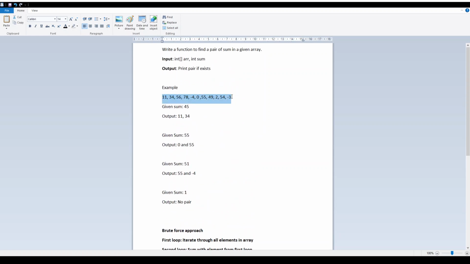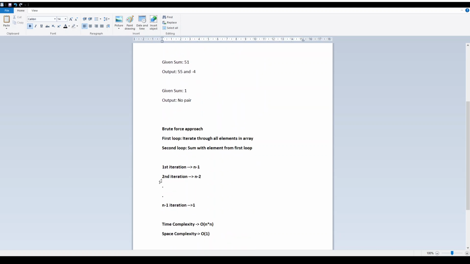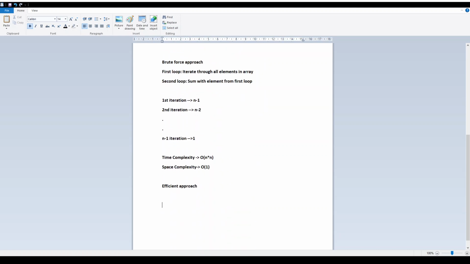Let's take an already sorted array: 1 2 3 4 5 6. Let me write again: 1 4 5 6 7 8, right?